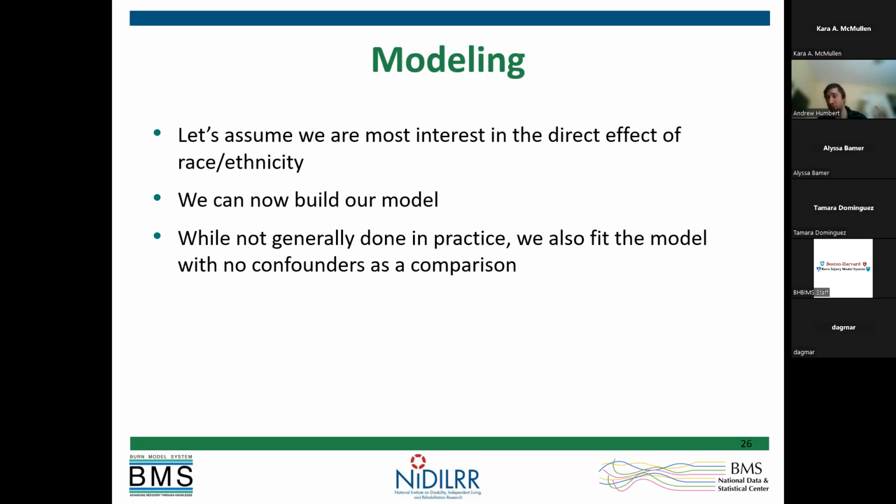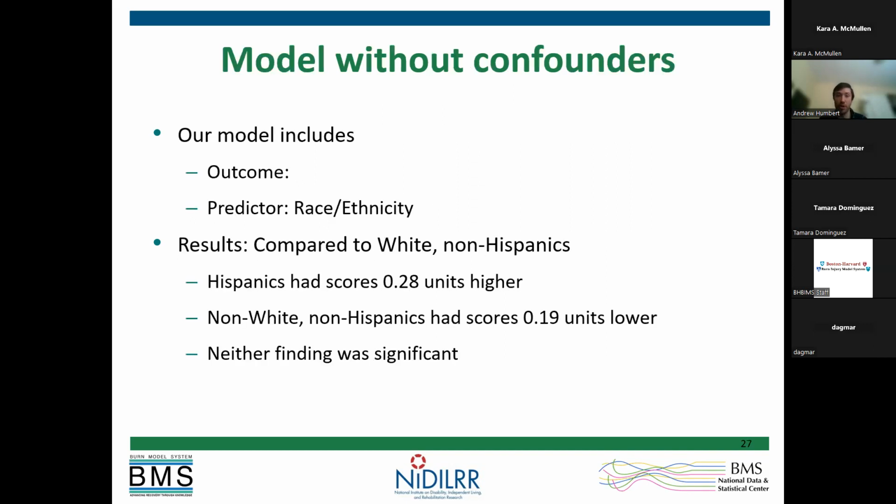Generally, you're not going to present a model with and without confounders. Generally, you say, we have the confounders for a reason, so we're going to have them in the model, and that's the one model you'll present. I'm going to include both of them here just to see the impact and highlight what to look for between the models. But generally, you'd have just that one model that includes the confounders that you had determined a priori.